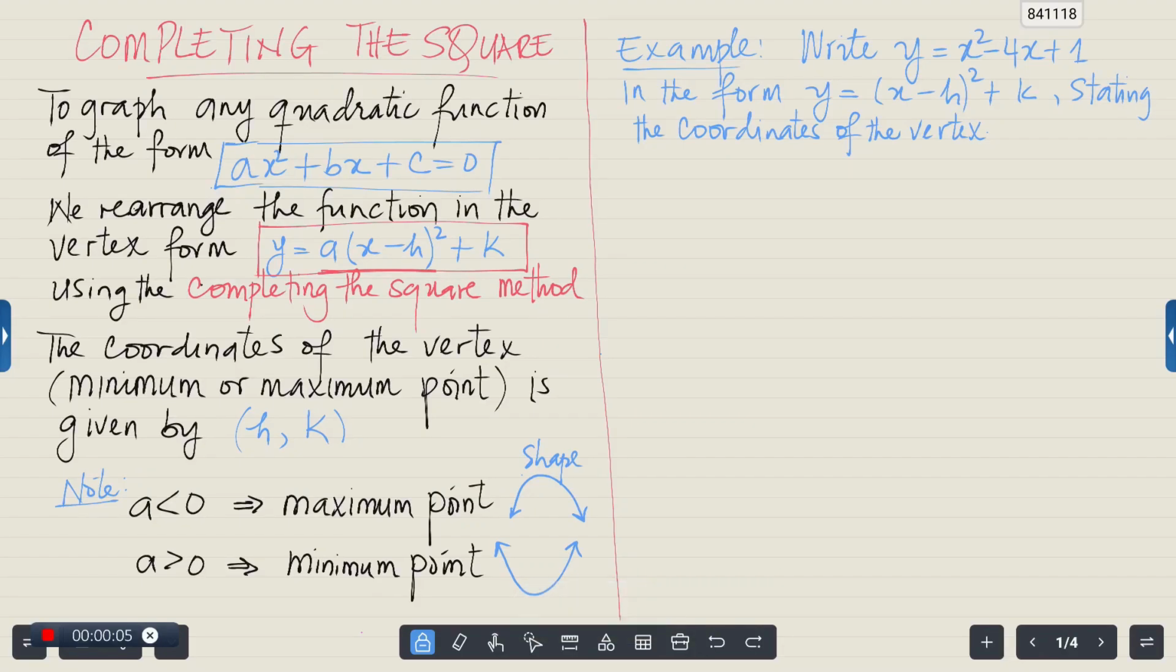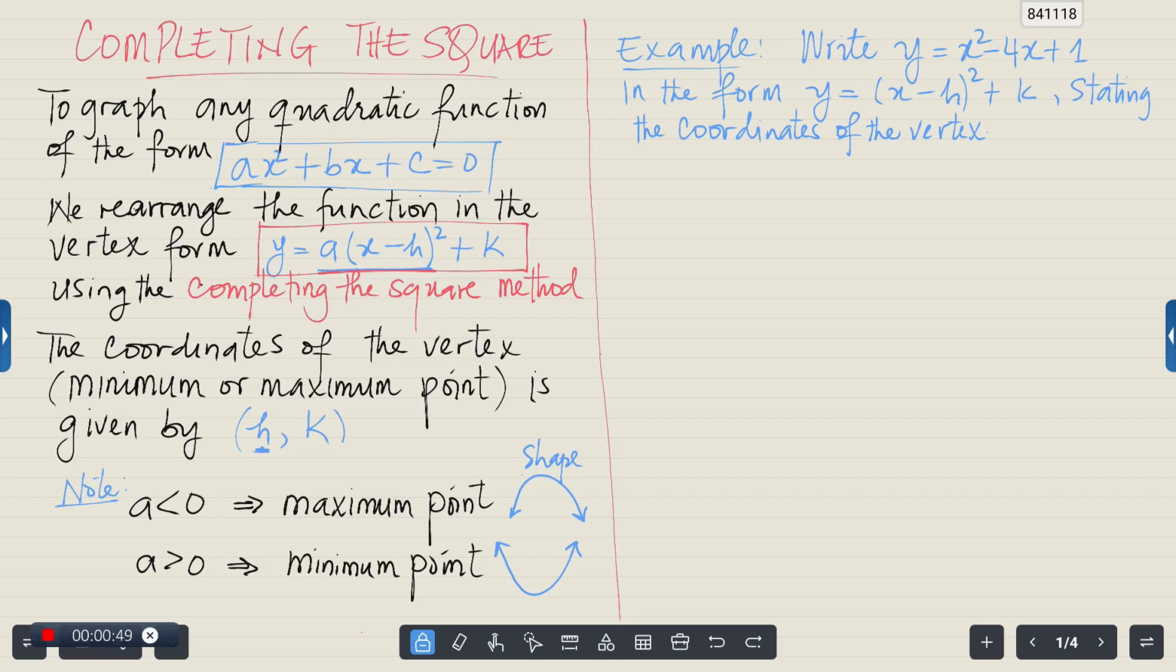In this video, we will be looking at completing the square. To graph any quadratic function of the form ax squared plus bx plus c equals 0, we rearrange the function in the vertex form as shown, using the completing the square method. The coordinates of the vertex, that is, the minimum point or the maximum point, is given by h,